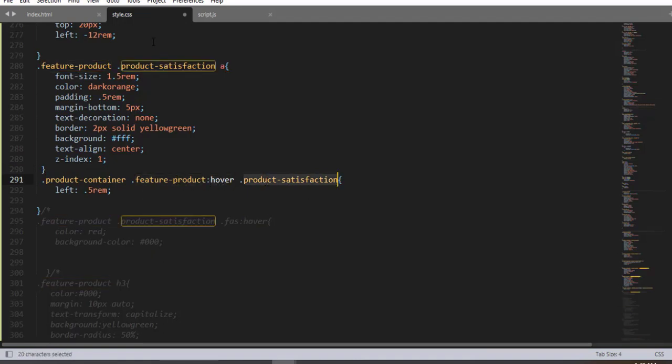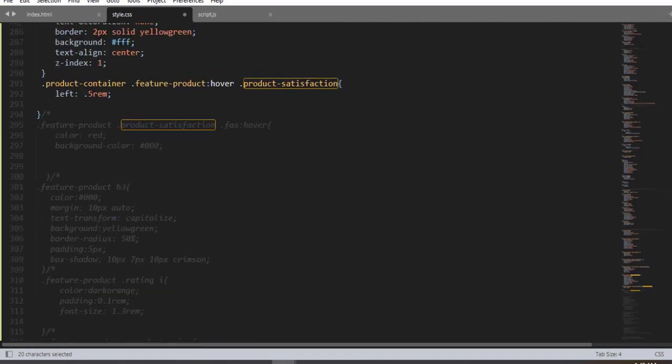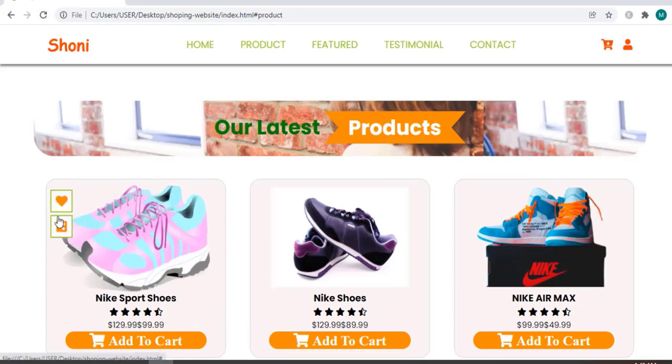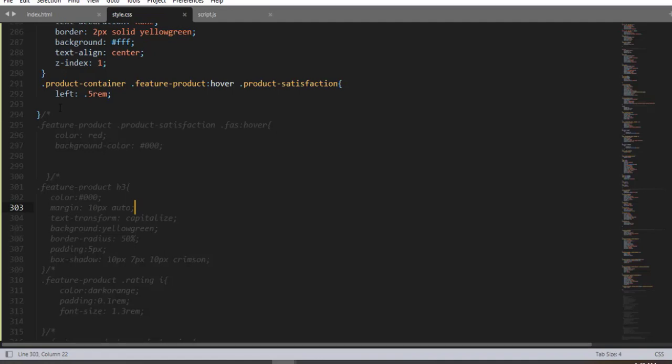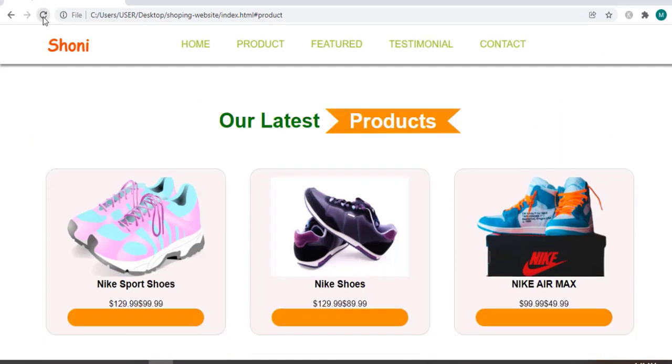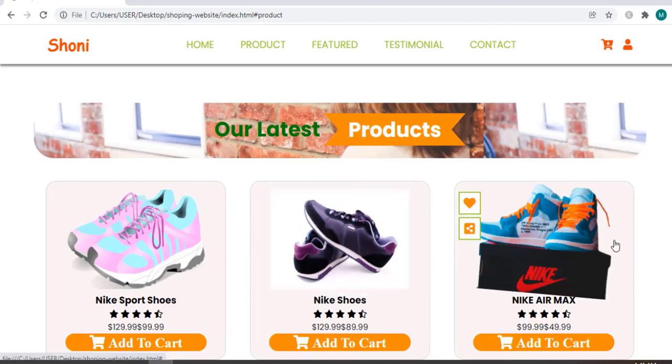So now let me add a hover over the feature product hover product satisfaction and left 0.5 rem. So when you hover over this box right here, this icon transforms from -12 rem to 0.5 rem. That is it, right? So now let me add a hover over the icon, color red, using this class selector fas, and background color black. So here we have, right? That is